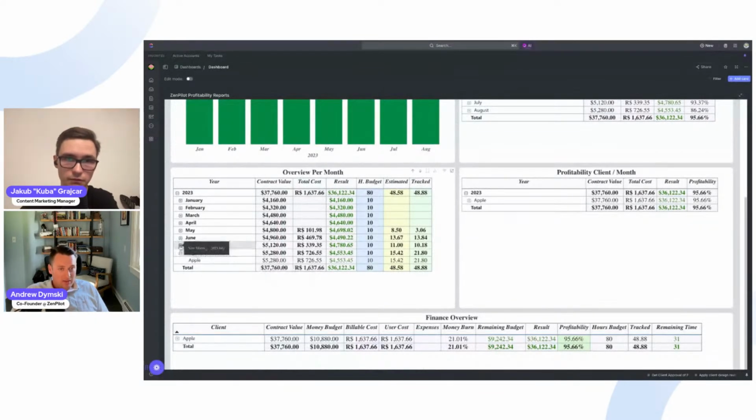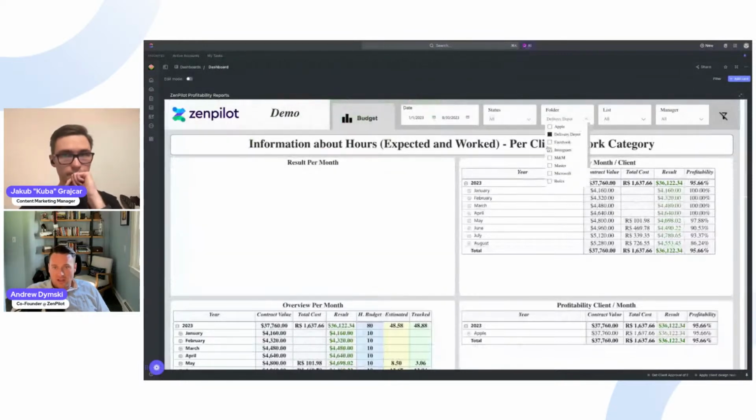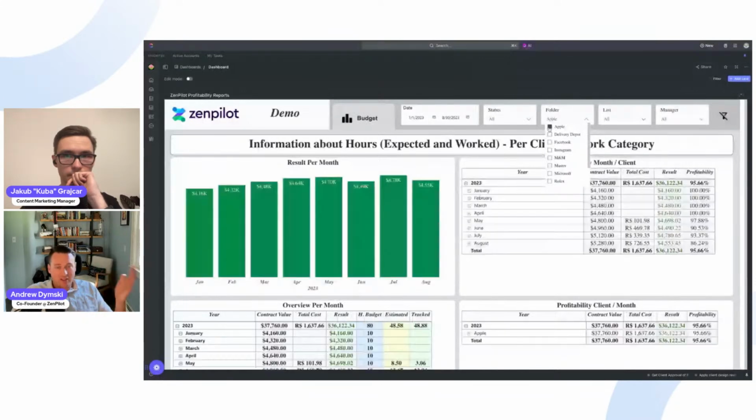Then I can expand these. There's just going to be one client in there, but it just allows me to filter what's hidden in those areas. And if I wanted to look at one specific account manager's budget performance here, I could select different clients and load those in and see how they're doing across a suite of clients. So it gives you some filtering ability to drill in and see how we're doing